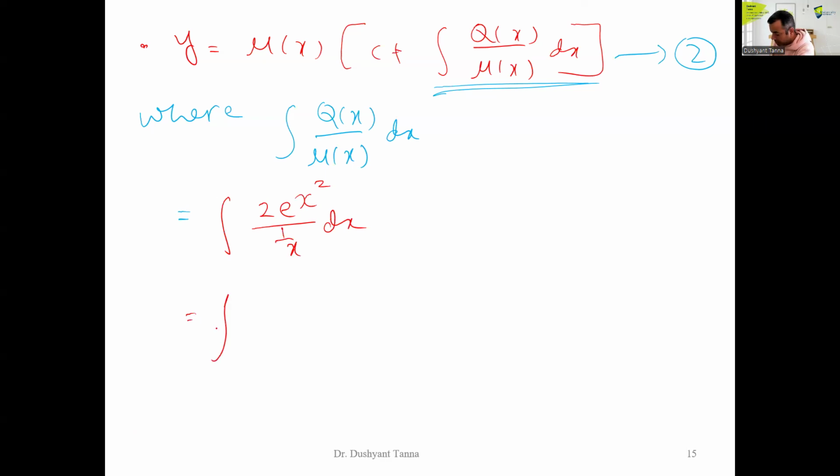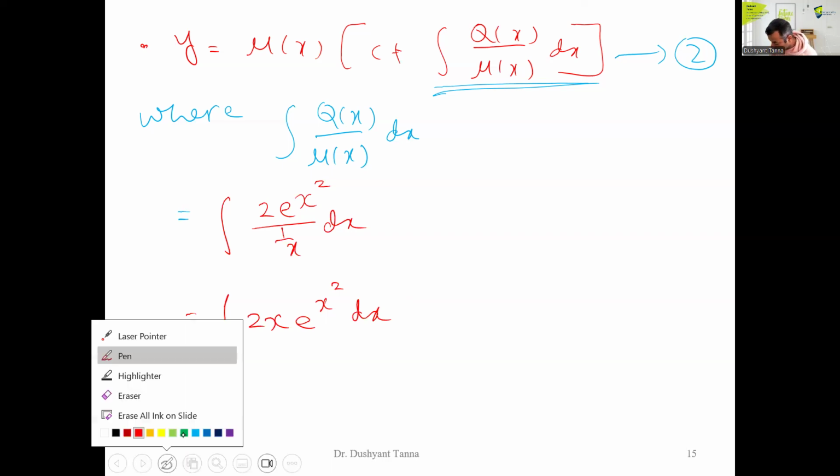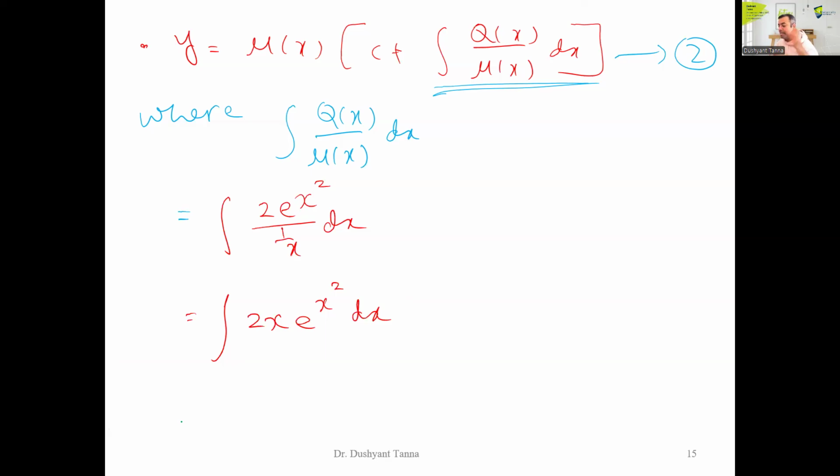Right. I just rearrange 1 on x, the denominator 1 on x, that will become 2x e raised to x squared dx. Normally, I leave 2 outside, but there is a reason I'm keeping it here. Now, whenever you have multiplication of two functions, first of all, you have to ask yourself what can be done about it. Is it integration of uv dx, integration by parts, or is it a function along with its derivative, or something else? So again, refreshing our memory, and I keep saying that, please, please, please revisit previous year content